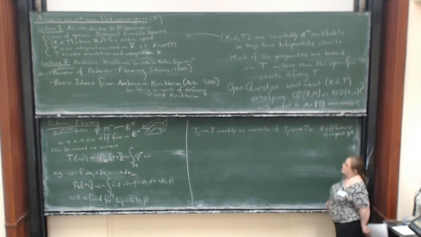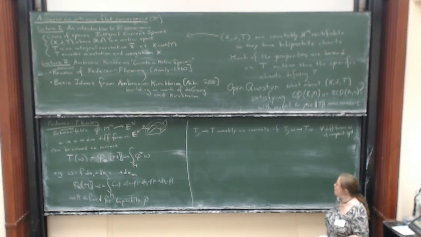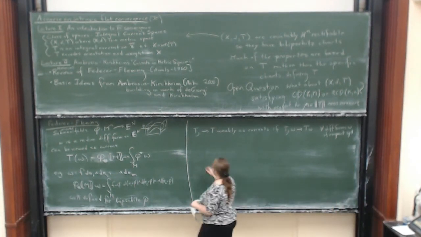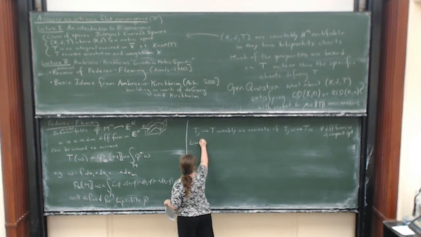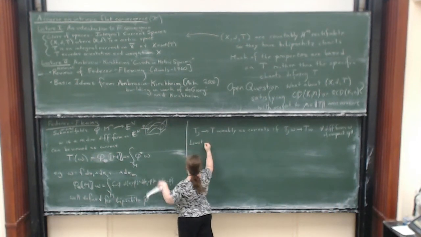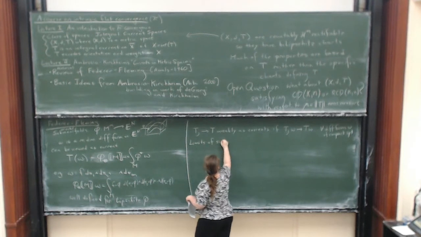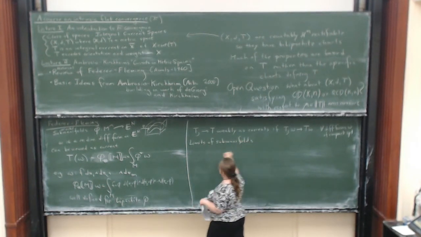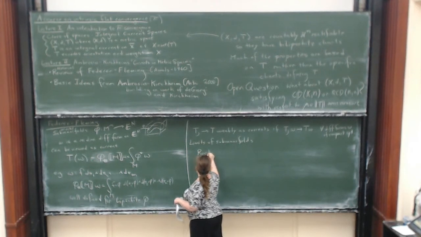In order to study this, Federer and Fleming had to define a larger class of objects that would include the limit spaces. The limits of submanifolds that they were interested in were what's called a rectifiable current,